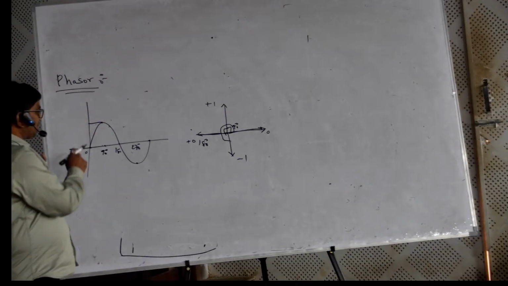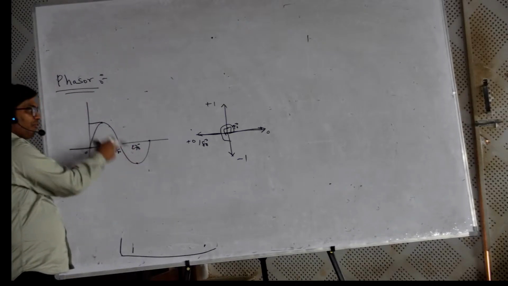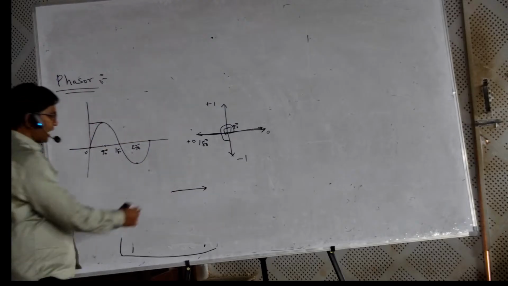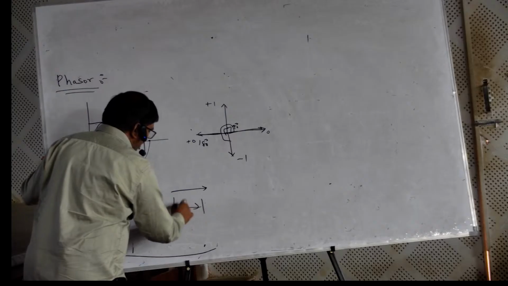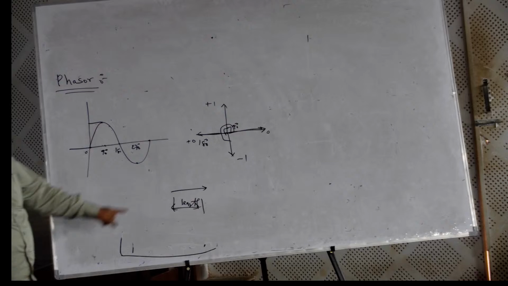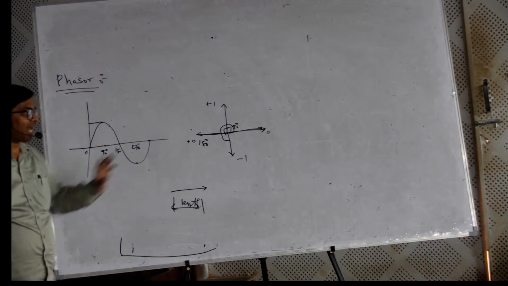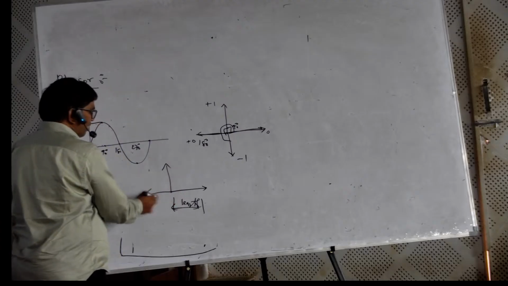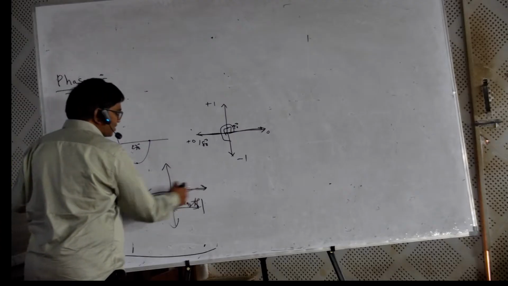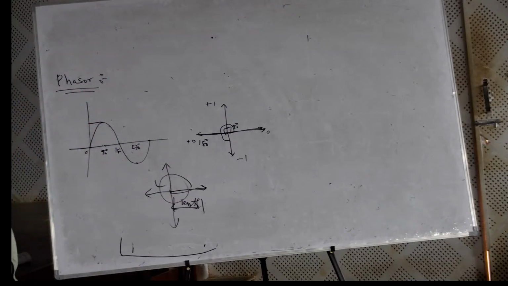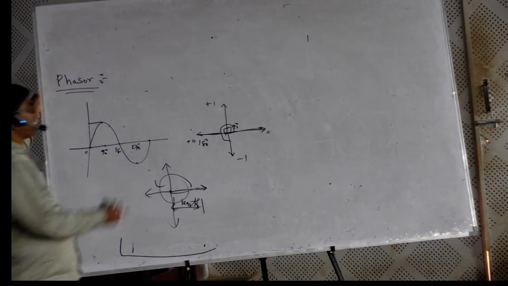Instead of drawing one waveform, I am saying that one straight line having the length rotates from 0 to 360. It is rotating anti-clockwise: 0, 90, 180, 270, 360. So what is meant by phasor? Definition of phasor: phasor is a straight line